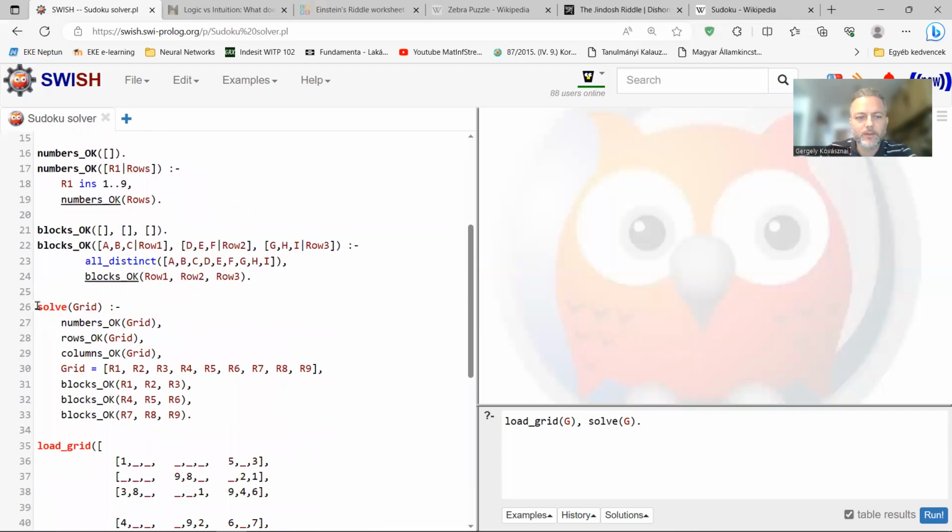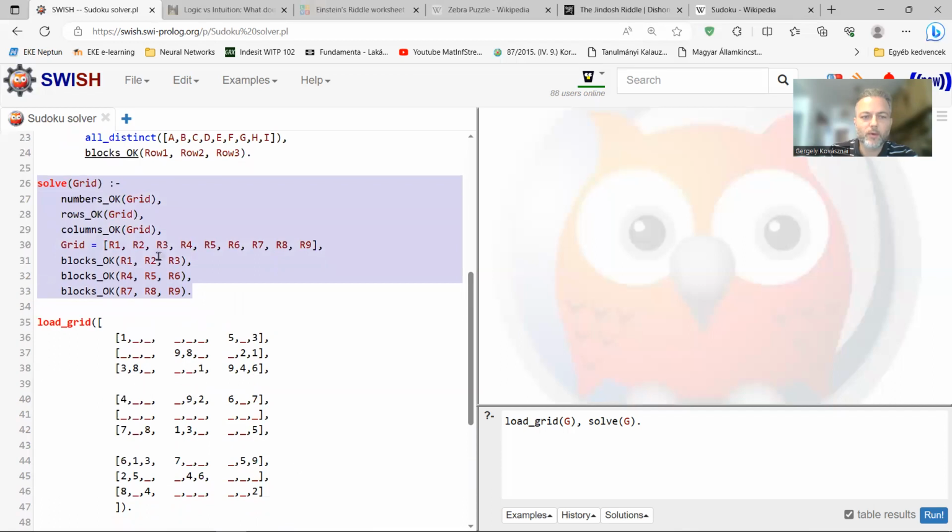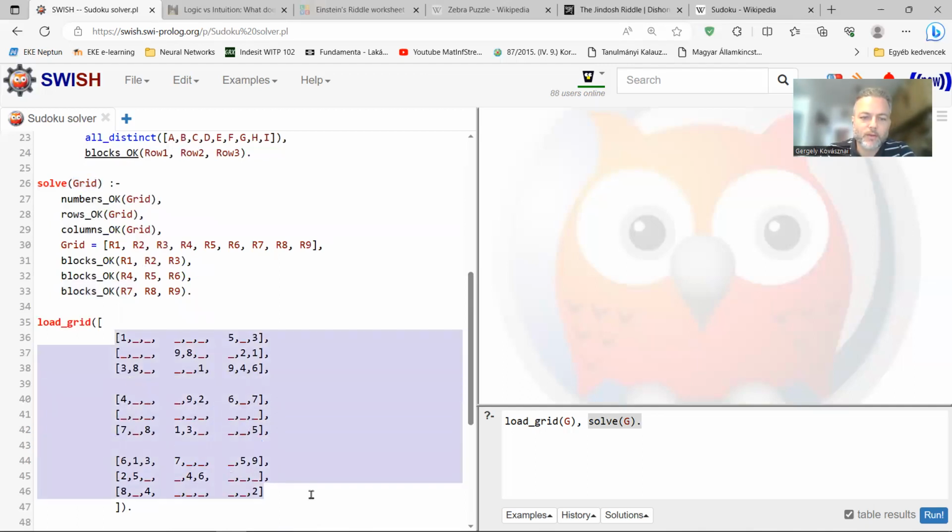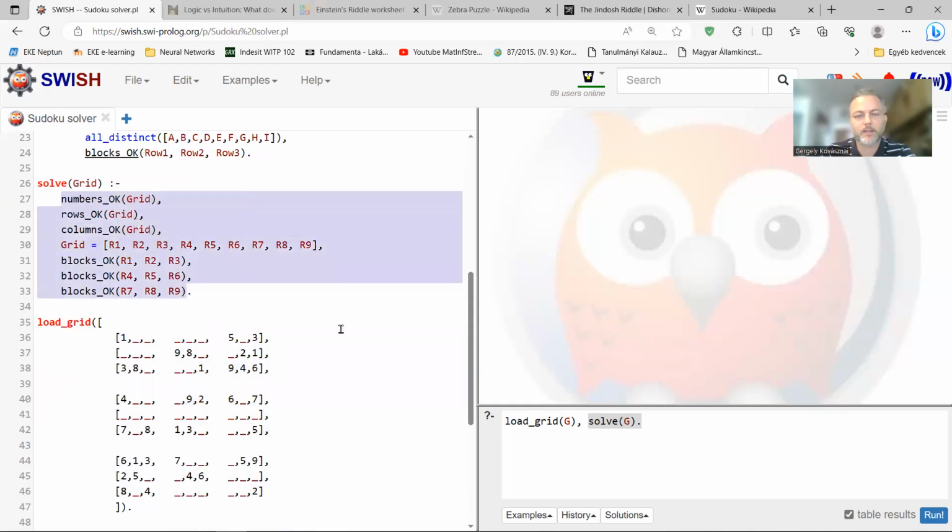Here is the main rule. I want to solve this kind of board or grid, and this is the predicate I'm going to call from the query. In this grid parameter, I'm going to get such a board, and here you can see all the constraints we express on this board.